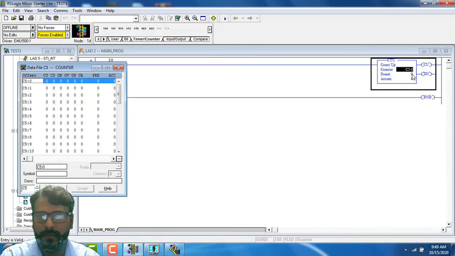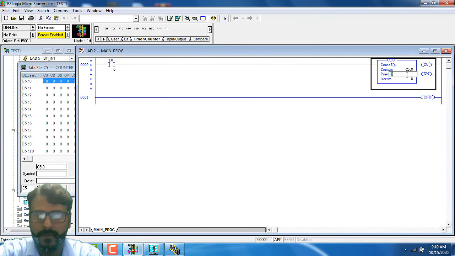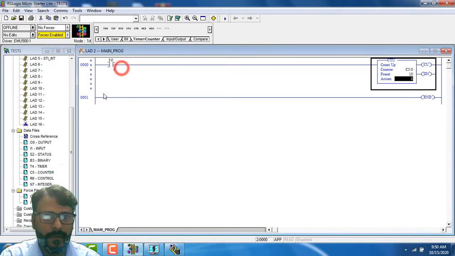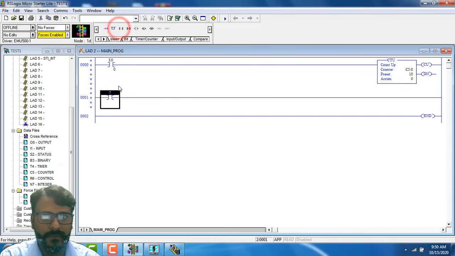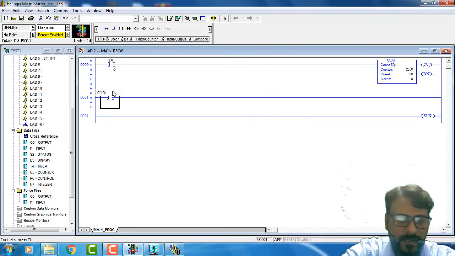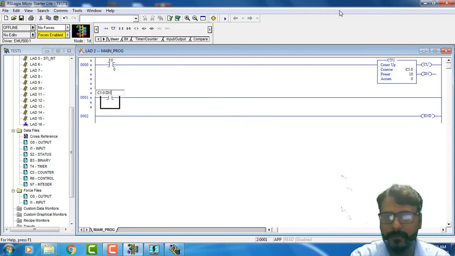This is our counter, and I will select a preset of like 10 values. Okay, and I will take here one more input for the counter. This is our counter number C50 DN. I will take it as the done bit